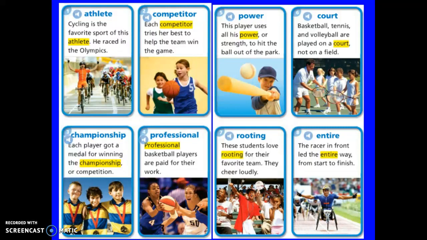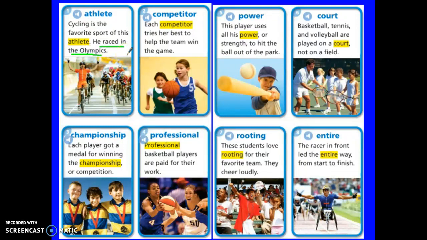So as we look for context clues, because remember that's our goal when we look at our vocabulary in context, is to look for clues in the short little sentences here that can help us guess the meaning of the word. So when we look at this example, cycling is the favorite sport of this athlete. He raced in the Olympics. That tells me